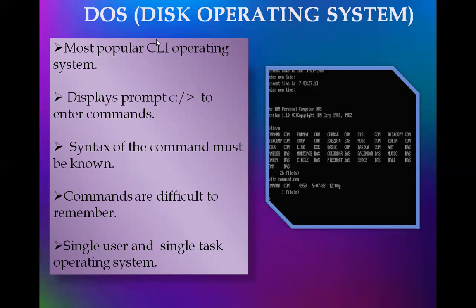Why is it called a CLI operating system? Although CLI is an interface, it is called a popular CLI operating system because this type of operating system, that is disk operating system, used